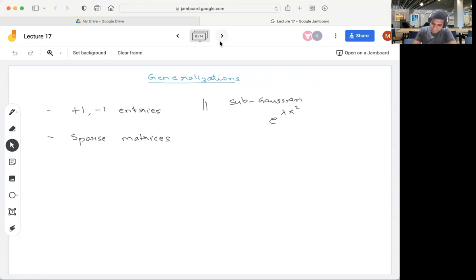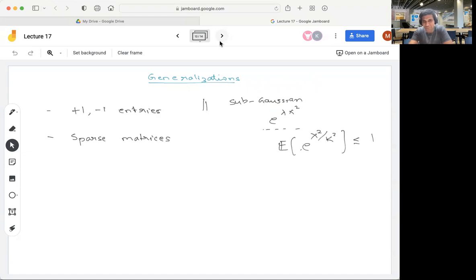So, in slightly different language, if the expectation of e to the x squared divided by k squared is bounded, and it doesn't matter what we bound it by, let's say 1 or 2 or whatever you want,